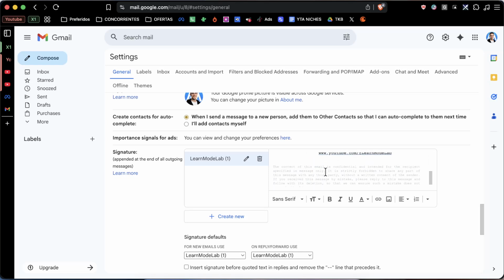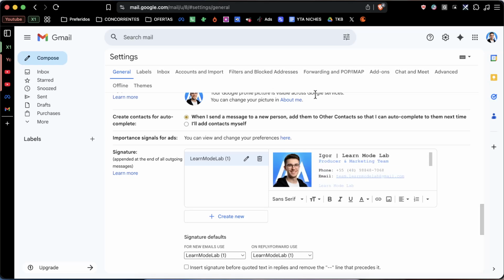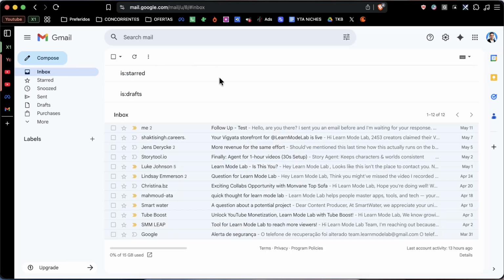A professional email signature can help make your emails look more organized, trustworthy, and polished for both personal and business